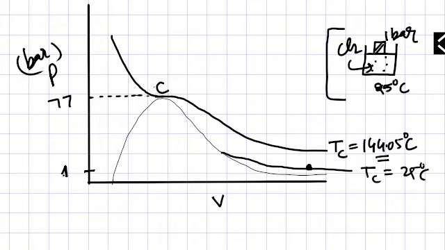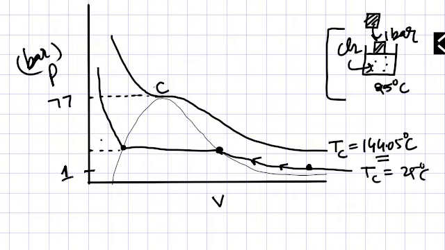This is 1 bar. Now if we go ahead with this isotherm, we will get this flat line and then it will go like this. So what it is saying is that if you are here and you increase the pressure, suppose you put more weight here, and you don't change the temperature, your state will go like this. At some pressure it will liquefy,